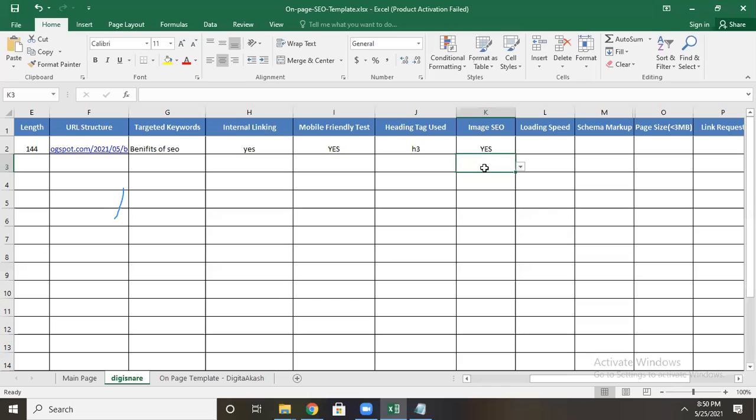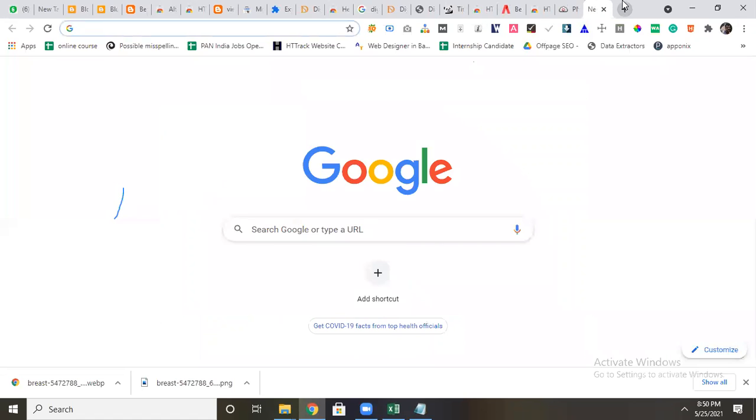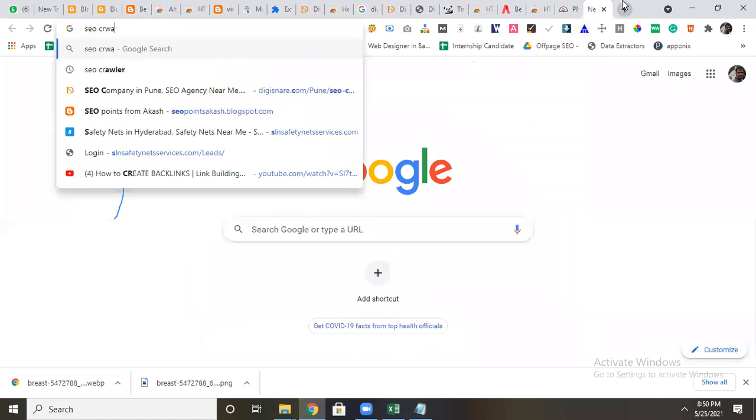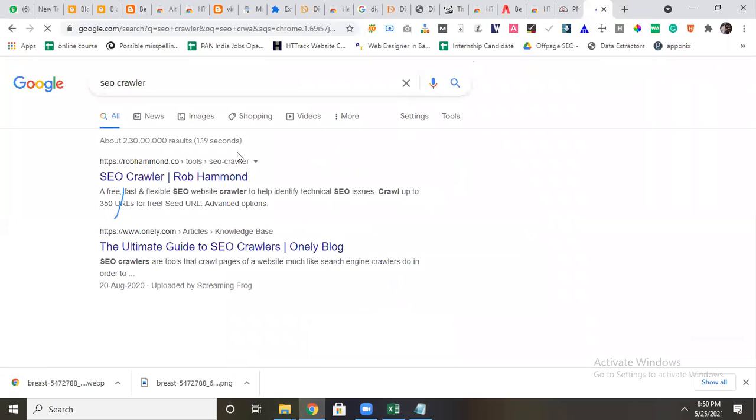I will also tell you the process of how Google will crawl it. Once you publish any article, Google will read your whole content, and based on that it will start ranking. I will tell you how that process works. That is the SEO crawler.